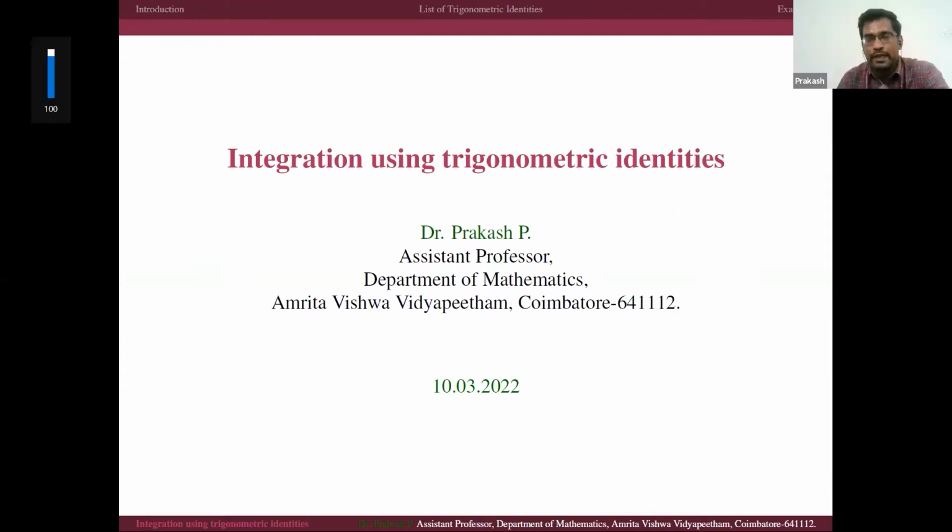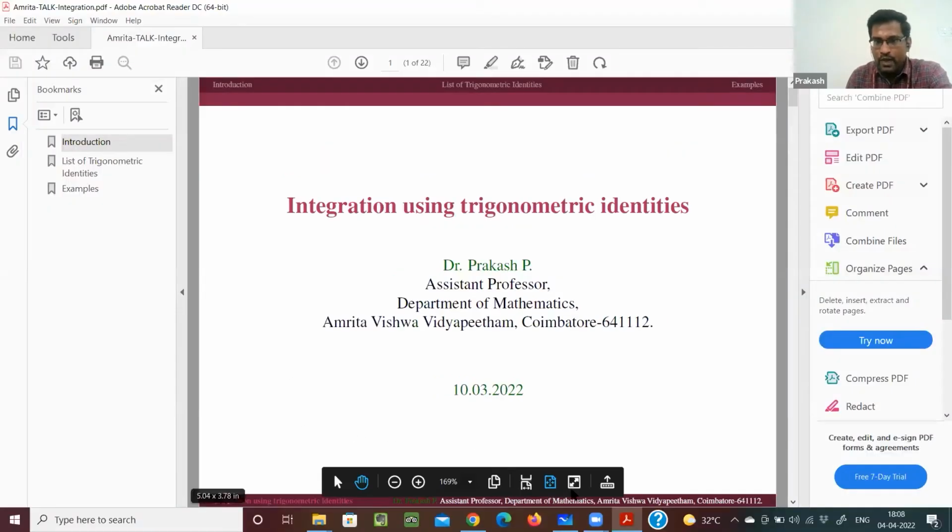How to integrate. First, we need to know what is an integrand and why these trigonometry identities are important for finding the integral. So that is very important. So now I will use the whiteboard first. After that, I will come to the PowerPoint. So we know some identities